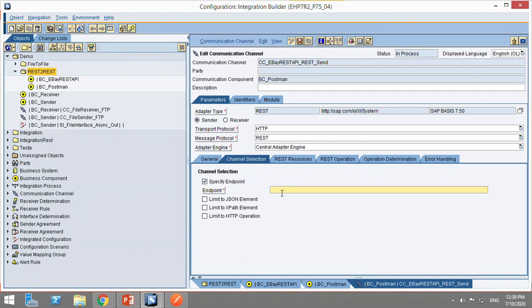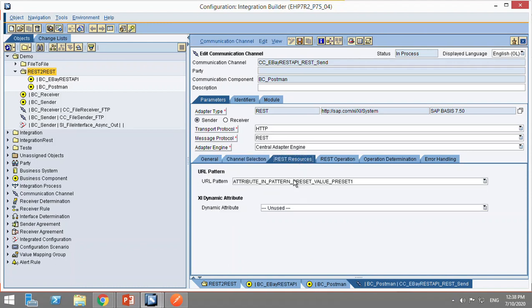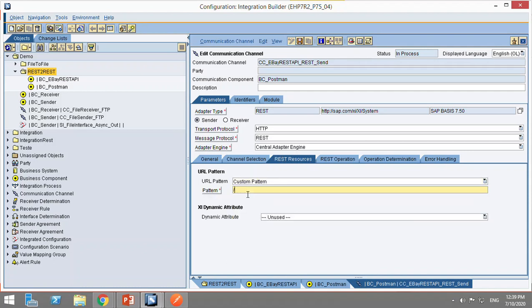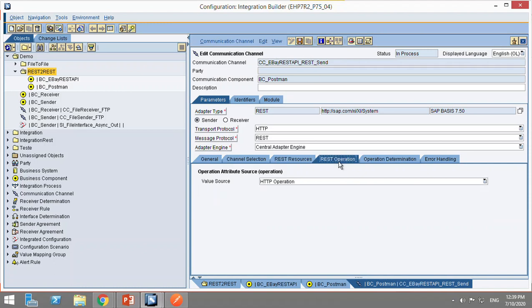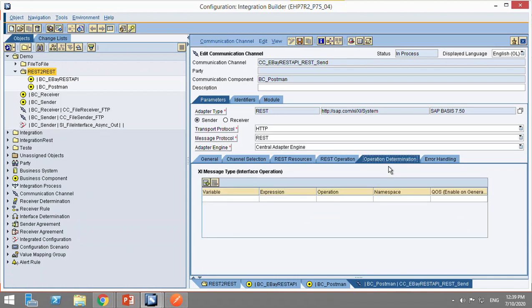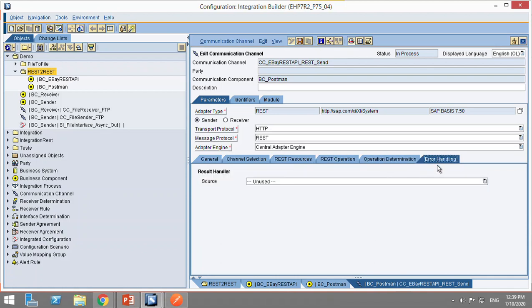This is the endpoint which we are going to use while triggering the entire ICO. I'll name it eBay. And for the REST resource, we'll make it a custom pattern, and that's it. REST operation will depend on the HTTP operation, determination, error handling,